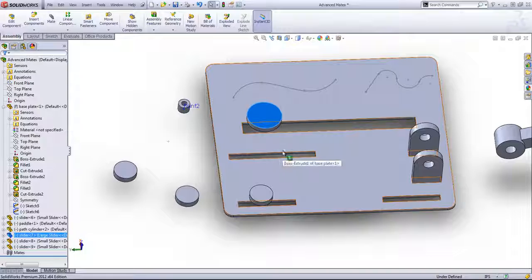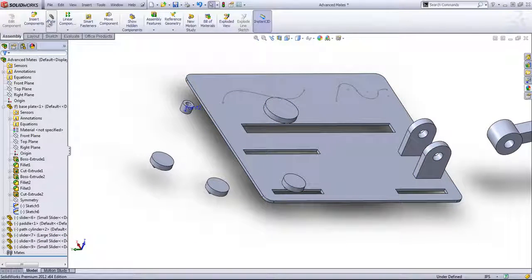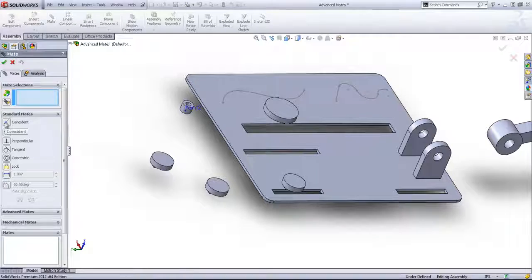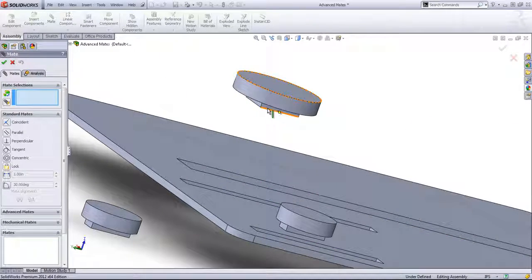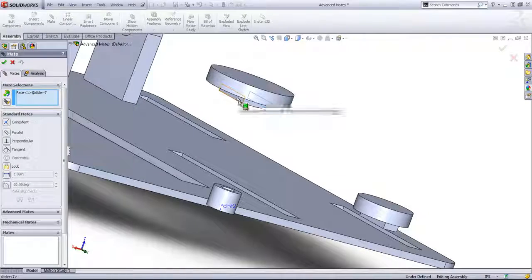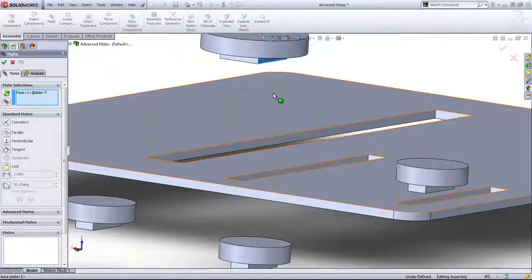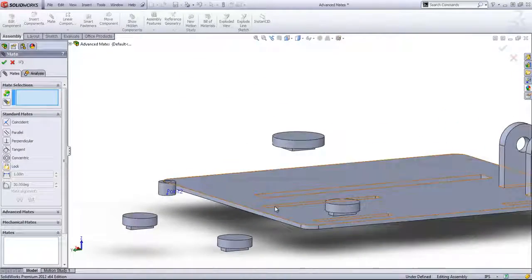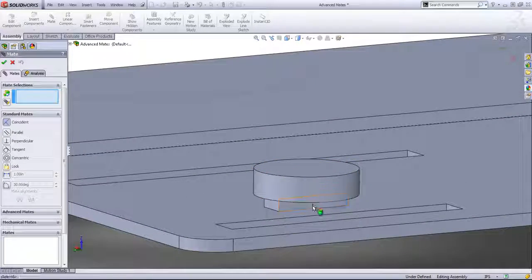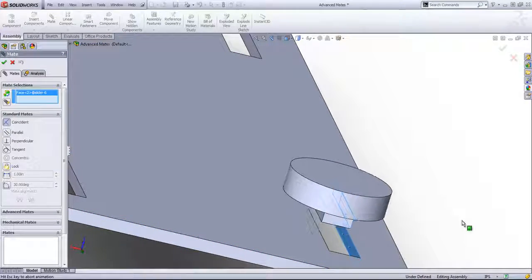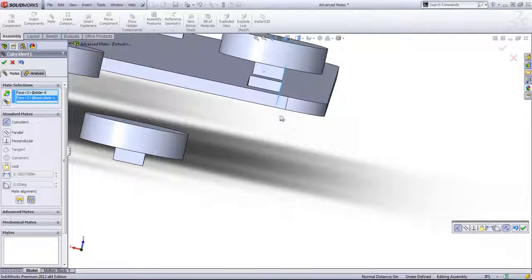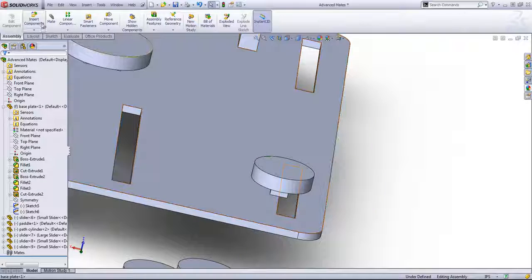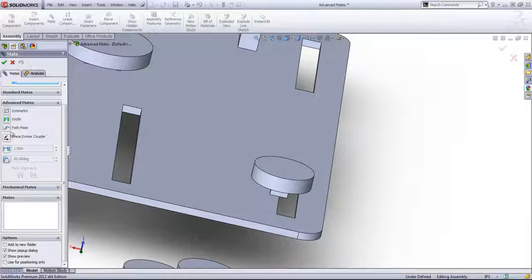Now I want to mate each of these into the slots here. And I could go in and do a coincident mate, and that would work just fine for both of these sides. This part has been modeled to fit coincident into the slot, whereas the other tabs, if I choose coincident and click on one of the faces, you'll notice from the side there's a little bit of a gap, and that was intentionally modeled that way because instead of the coincident mate, we're going to be using the with mate